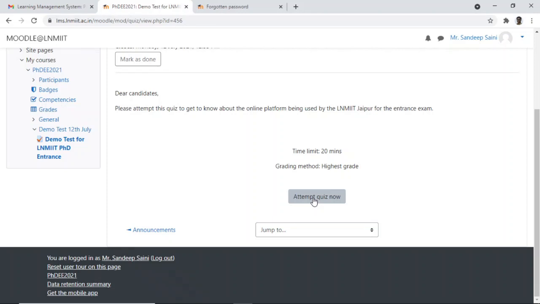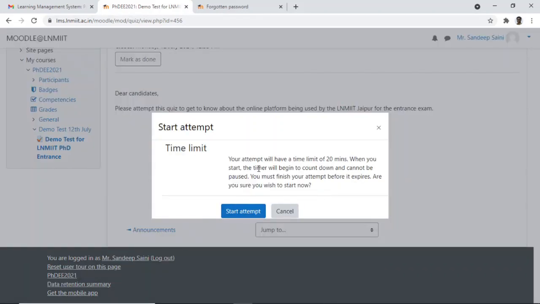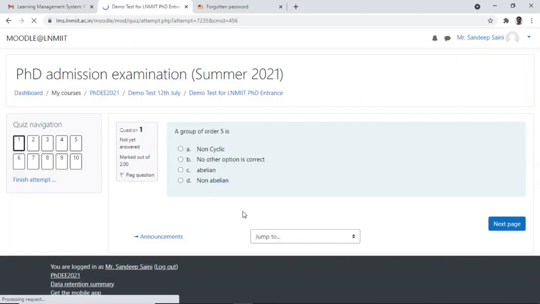Otherwise, if you access it before the given time, you will get a link that the exam is not accessible right now. Okay, now you have to just attempt it and it will give you the warning that once you start, then you cannot start one more time. Okay, so it will start.